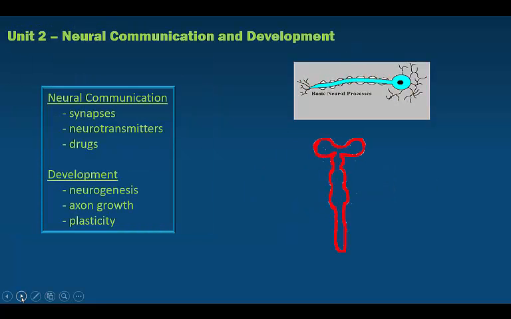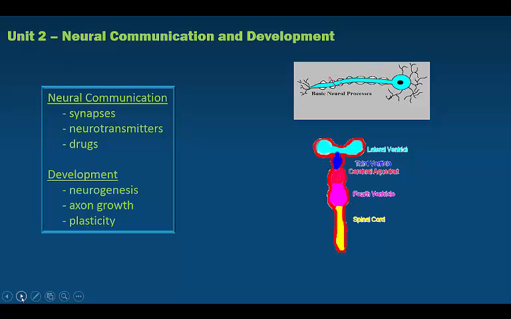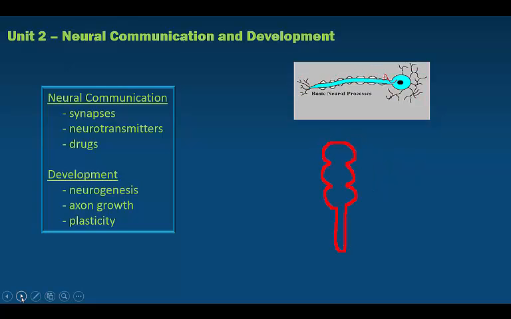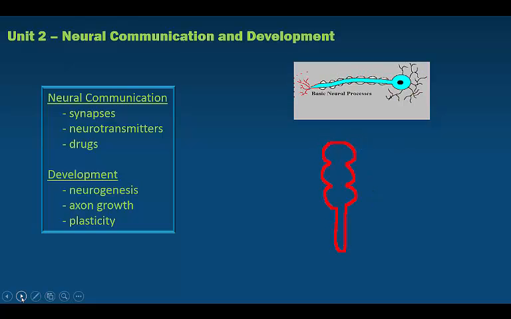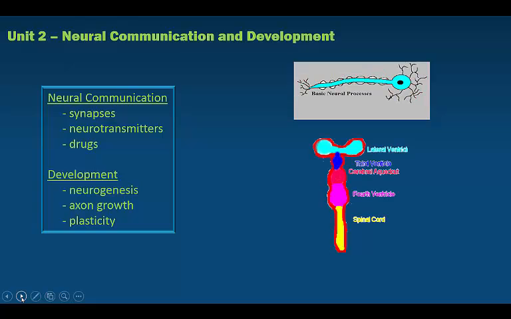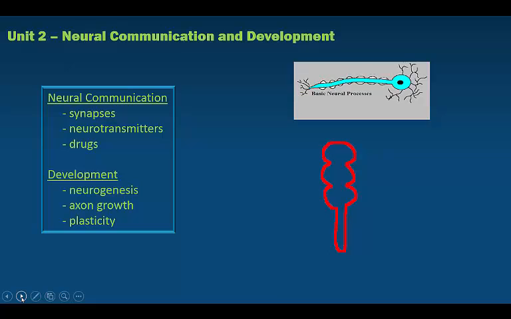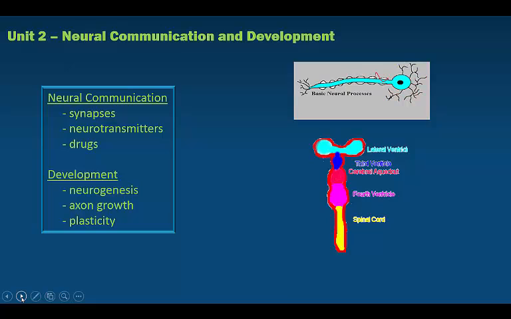In Unit 2, we will begin by exploring the way in which individual nerve cells send and receive information to one another. The information processing capacity is the most powerful and unique feature of brain function and is carried out by billions of neurons. Within this context, we will look at the chemical events that are essential to the language of the brain, as well as the ways in which drugs can alter the brain's communication system.